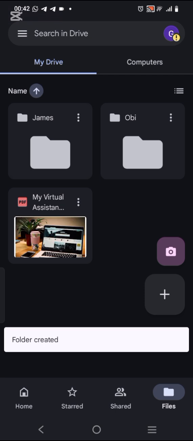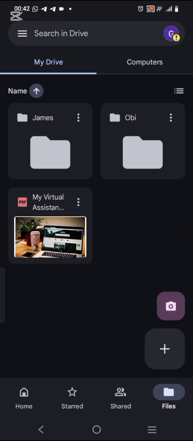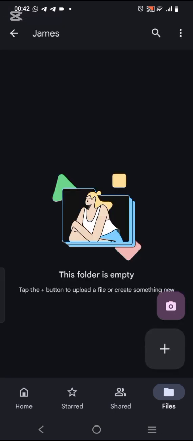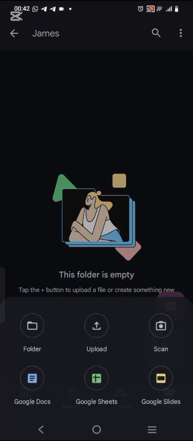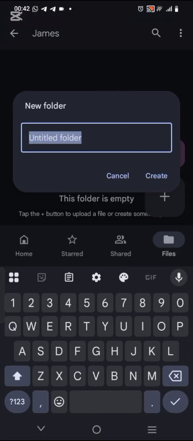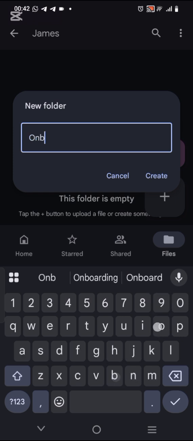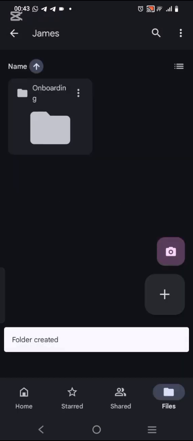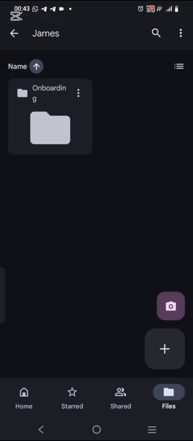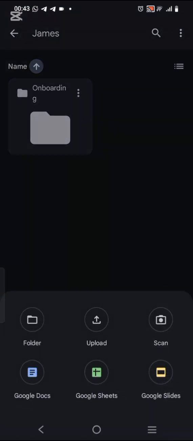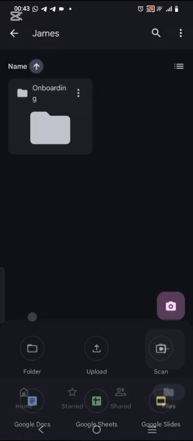So most times what I do is, inside the folder I create more folders. Let me say my first folder is usually onboarding, because I have every document for my onboarding process here. I create another folder inside each of the clients. This is my onboarding, the whole document we use in onboarding. Then I create the second. Now this particular client, let's say, is for data entry. I create